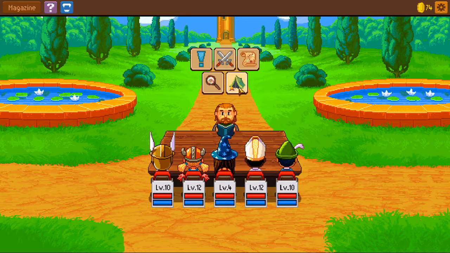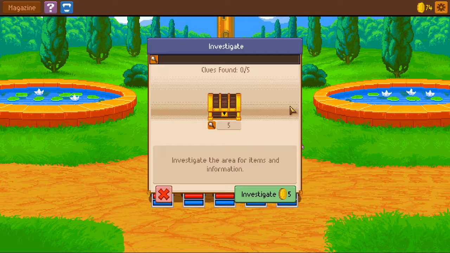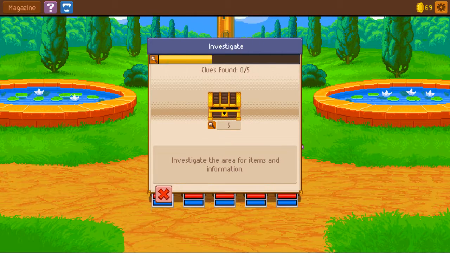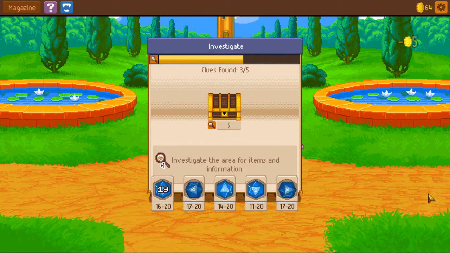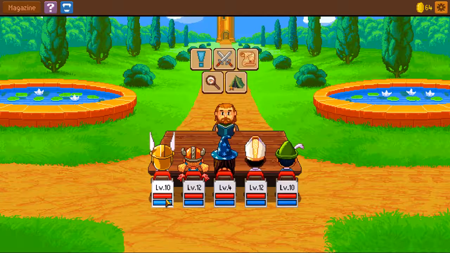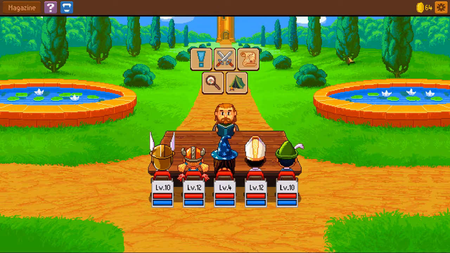The Tower of Brass. We have arrived. Let's see, we do have some investigation we can do. Just a 5-point. Which we should be able to do okay on, given we now have 5 people in our party. So that should get us our 5. Dumpster diving. You found a batch of second-rate magic mushrooms. These are thrown away. It really can't hurt anyone to take a couple with you. So that's pretty cool. And looking at our timer, this is probably going to be a good spot to leave